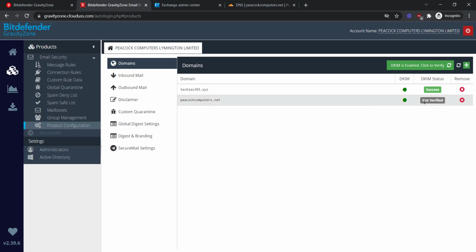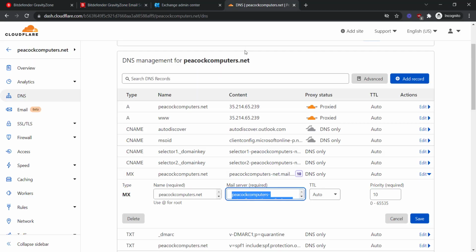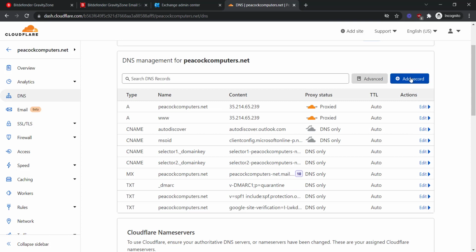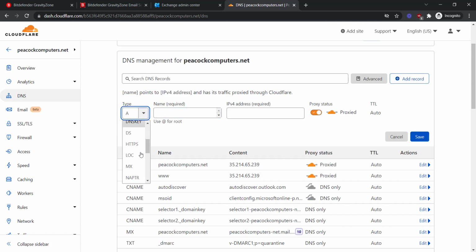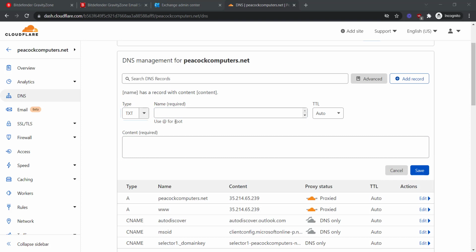So we need to add a DKIM record. First we need to view the full DKIM public key, so I'm going to just check it and copy and paste that. In order to save it on DNS, where we are using Cloudflare, we're going to add a DNS record. Type TXT record, and we're going to type the name as